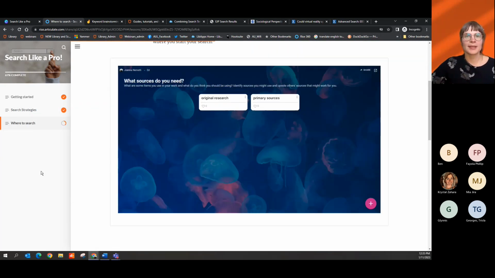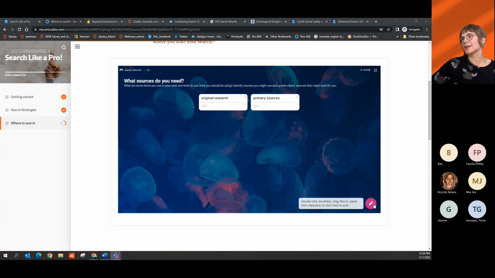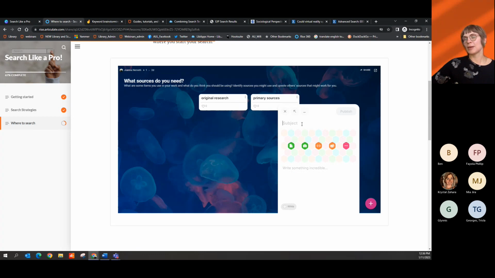So now we'll get into where to search. So as you're working on your research, what type of sources have you needed? I'm just adding a link in here, and you can just select the plus sign and add in, maybe you need